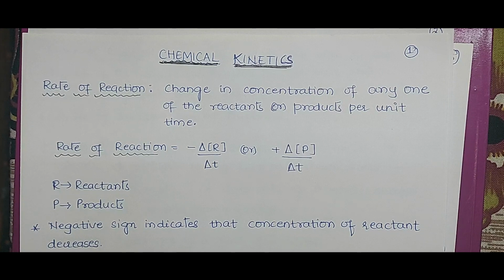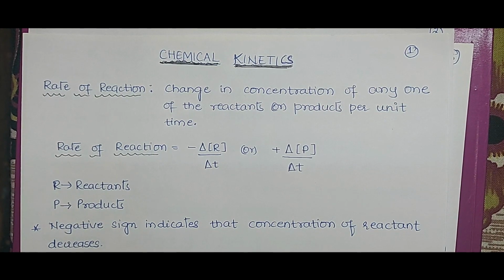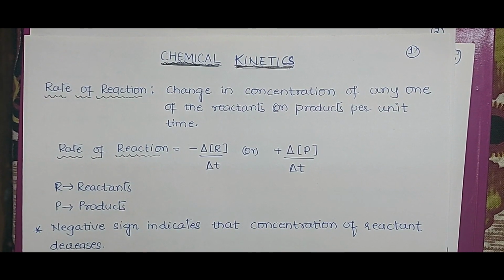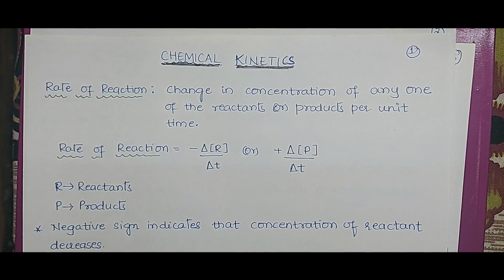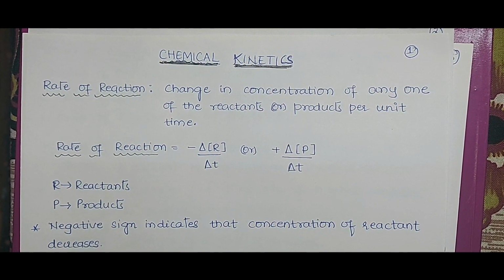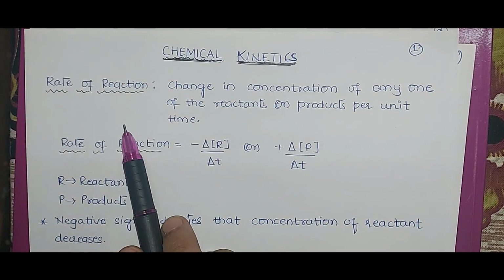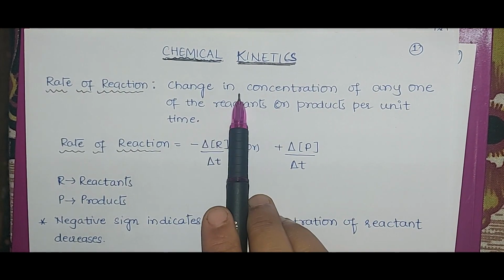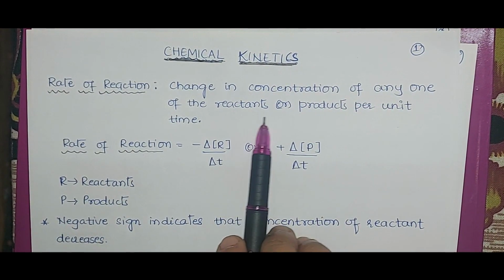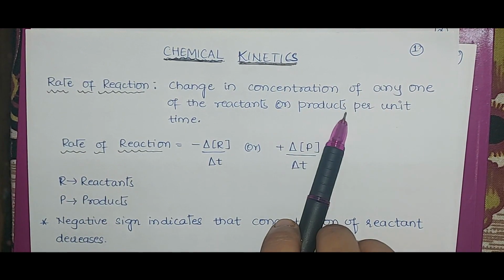In today's video, we will be discussing chemical kinetics. Chemical kinetics is a branch of chemistry which deals with the study of speed or rate of a reaction. So what does rate of a reaction mean? We'll see it. Change in concentration of any one of the reactants or products per unit time is defined as